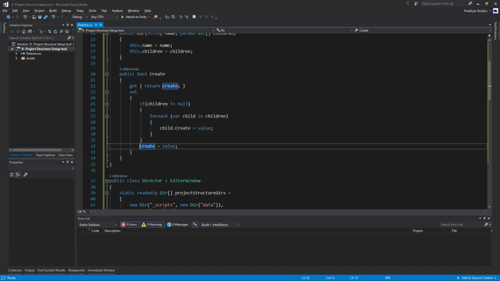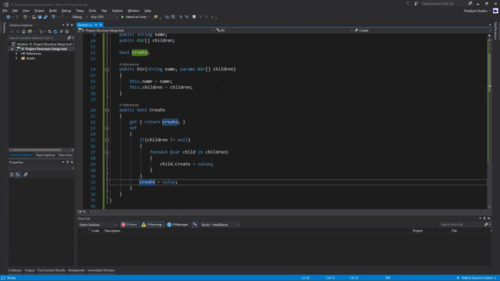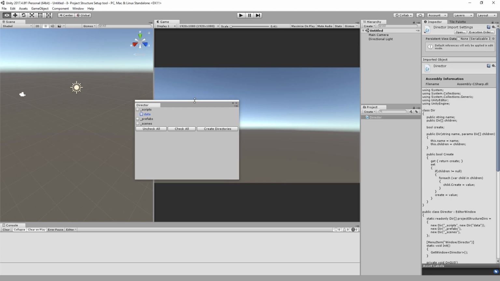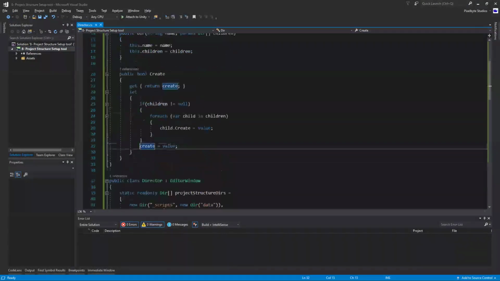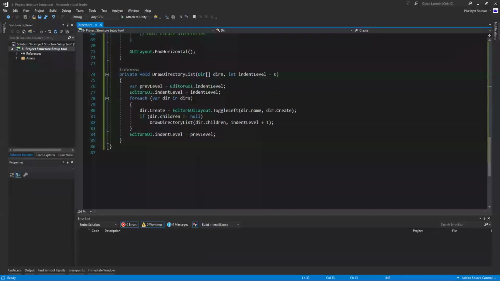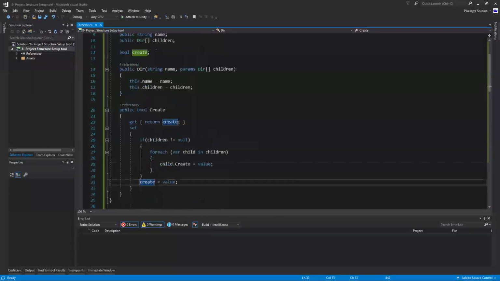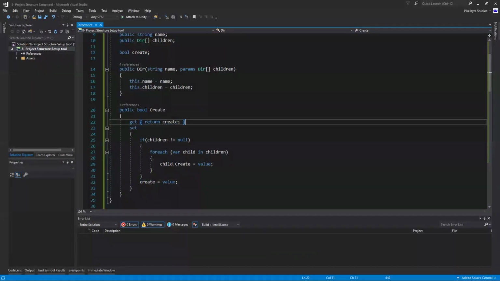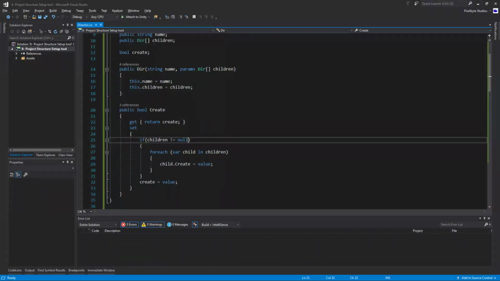So we need to do a little bit of, probably a little bit of logic here. Since we're setting all of them at once. Let's say this. So what we need to do, we need to say if